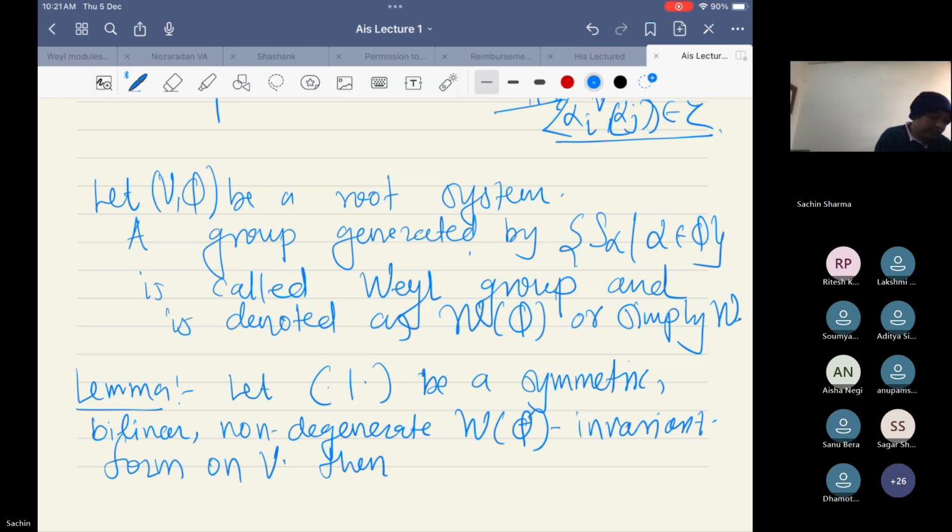Then alpha of alpha is not equal to 0 for all alpha belongs to phi,